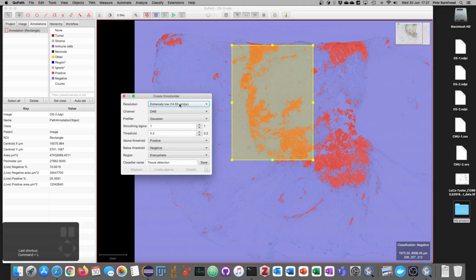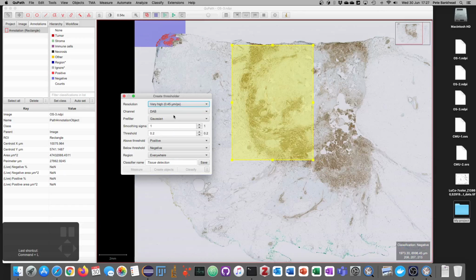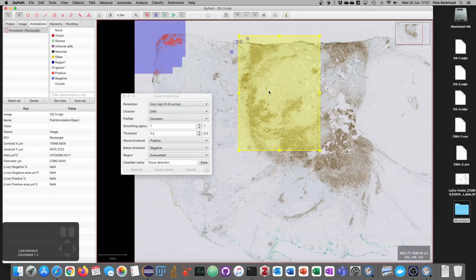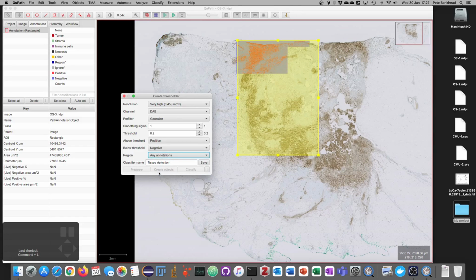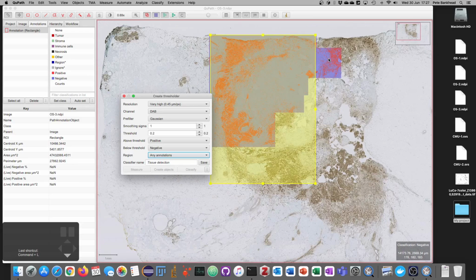And so this allows me to see just how sensitive the results that I get are according to the parameters that I choose. What I can also do is apply the threshold at a really high resolution, but that can take a very long time to apply across the image. So I can say that I want it to only apply it to the annotations, and that will save a bit of time. And so it will sometimes classify a little bit more than you might expect it to, but